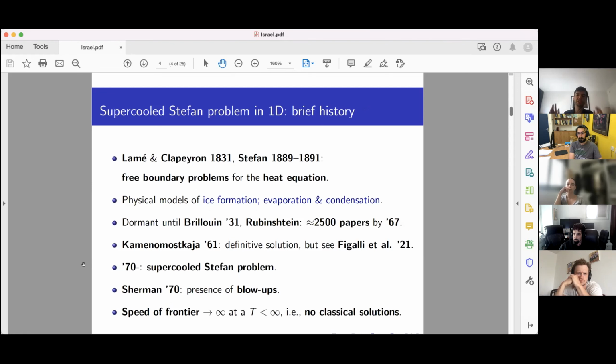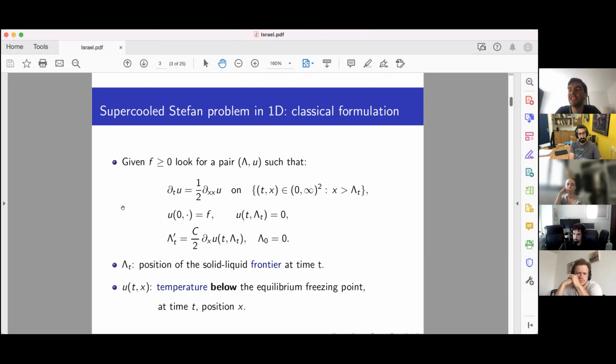I missed something there, non-negative or non-positive. I mean, temperature. Non-negative. The higher the function is, the colder you are. So U is the negative temperature. U will be non-negative, but it will correspond to negative temperature. That's why there's no minus on the heat equation. Of course one can flip signs and go from U to minus U everywhere, but this will be more convenient.